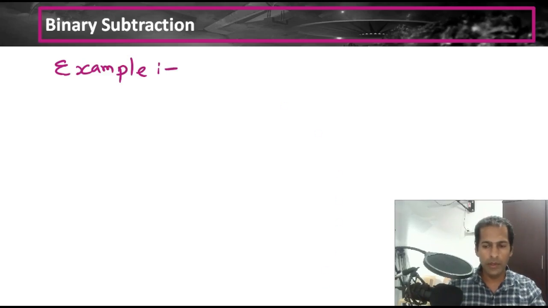We'll write down the example there. Now before writing the example, we should also see the rules. Fine, first we'll write down the example. Example is say